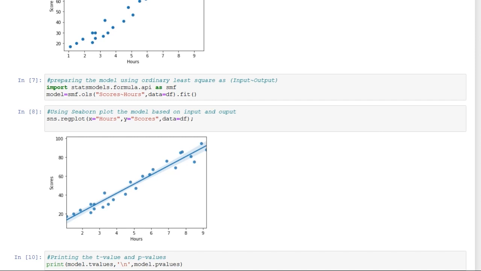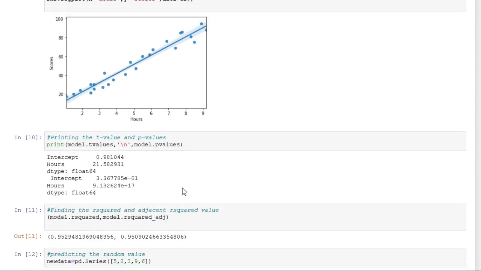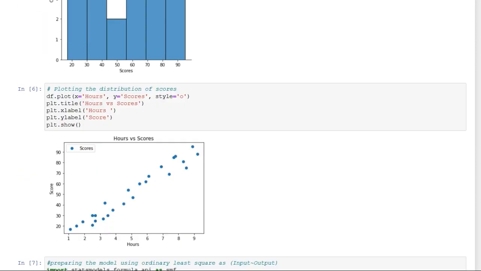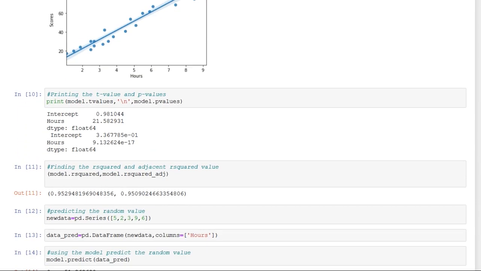After that, we have calculated the t value and p value, where we can see them by printing model.tvalues and model.pvalues. Here we can see that the t value is greater than 0.8, so it is good, and the p value is less than alpha, where alpha should be 0.05. As it's not giving enough statement, we can use 0.05. We can see that in our next lecture.